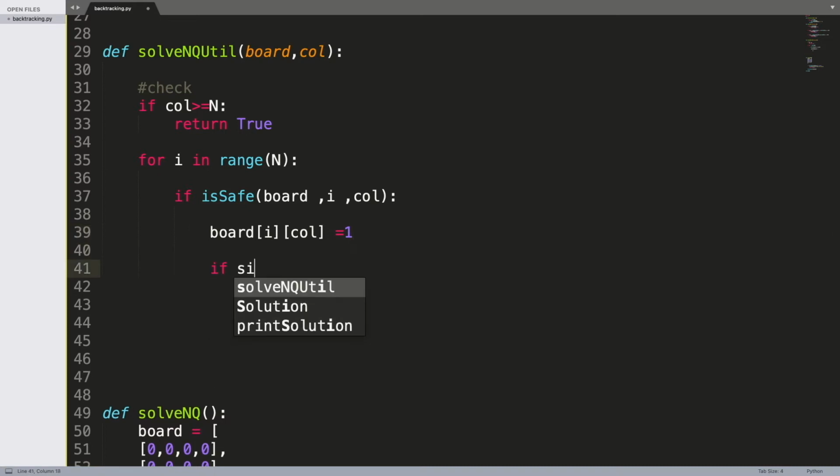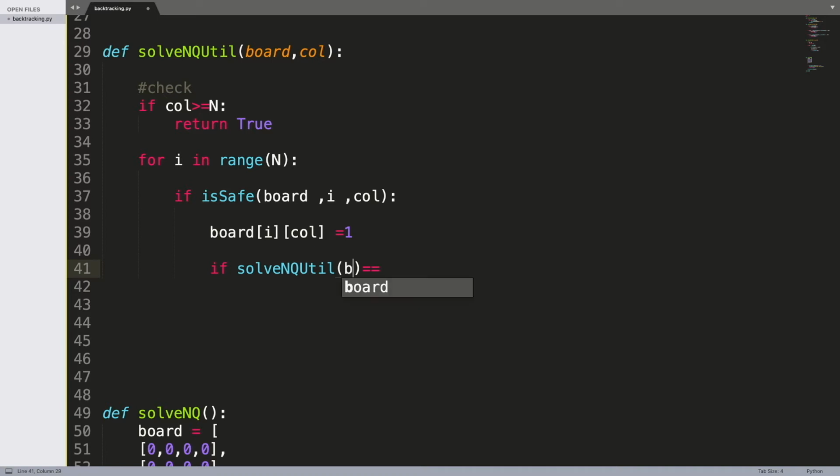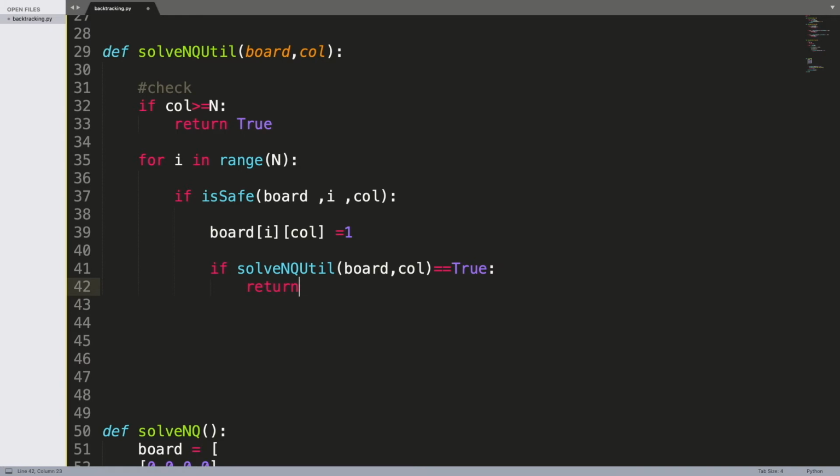That's how it's done. And then we're going to recursively call the function again, with the next column, and if it returns true, that means we're going to recursively call this function, and it returns true only when the column is returning true. So when the column is incremented and returns true, whenever it returns true, we will return true as well. So for the fourth case, when n is set to 4,